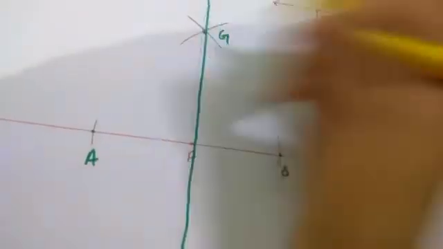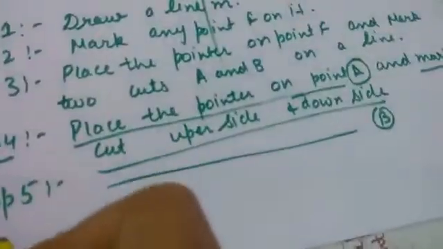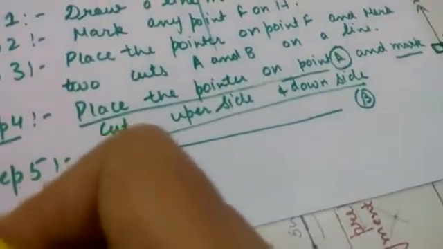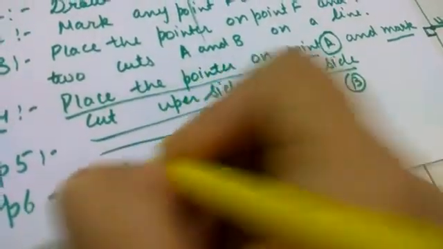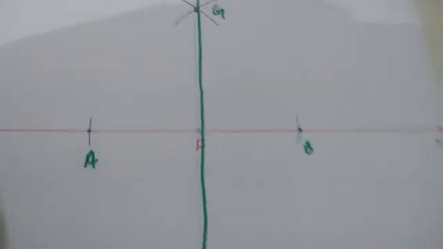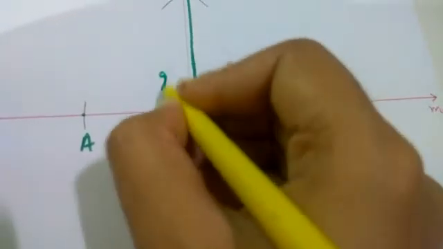Everything should be the same. Now see it here, call this point as G and this point as H, and the last step of ours is join GH, and our question is done. You can see it with the help of a protractor. If you want to check the line that you have drawn, this angle must be of 90 degree.